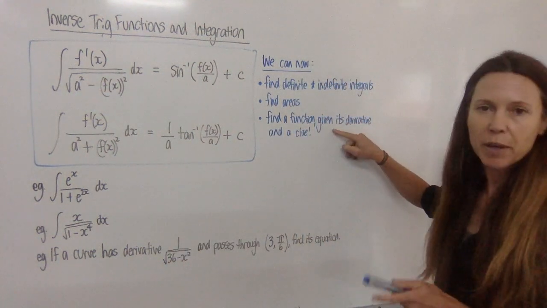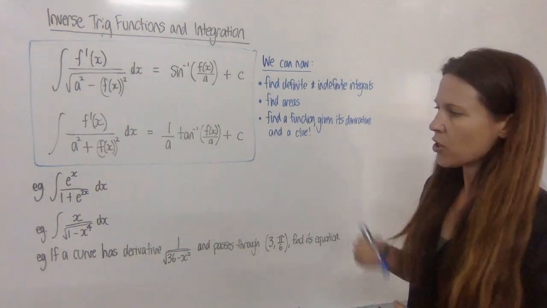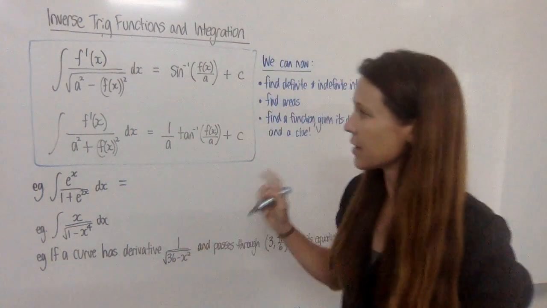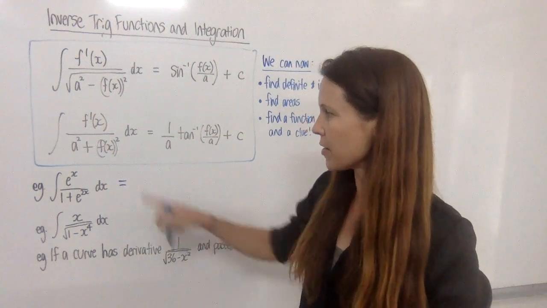And we'll also be able to find a function given its derivative if we have a clue. So, a few examples here. In this first one, we need to integrate. Now, let's have a look at the basic form. We've got no square root and we've got the plus in the denominator, so it looks a lot like this one,